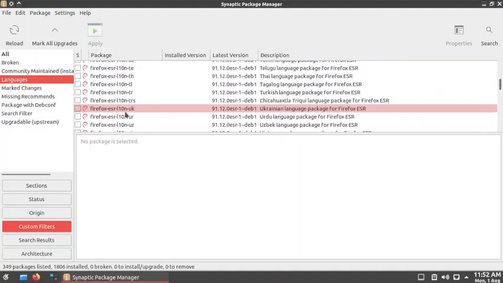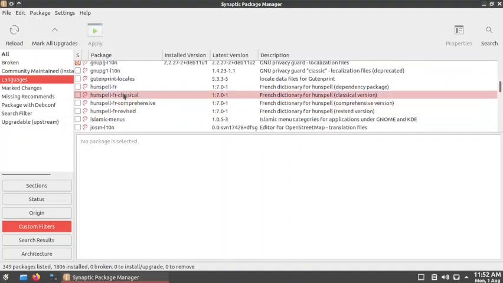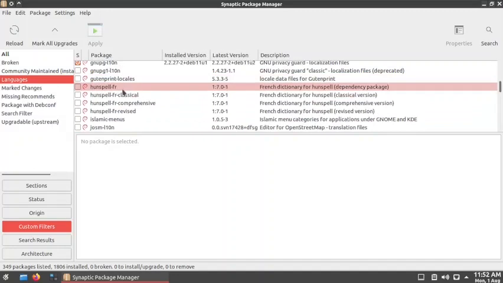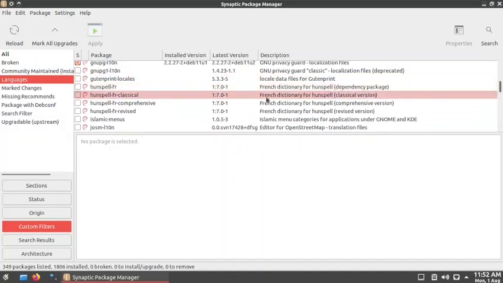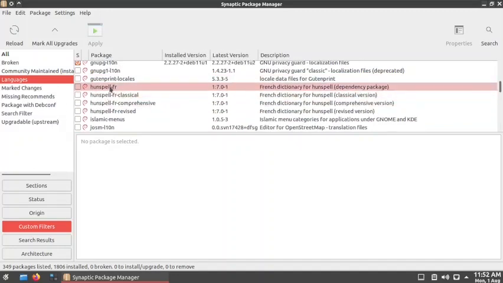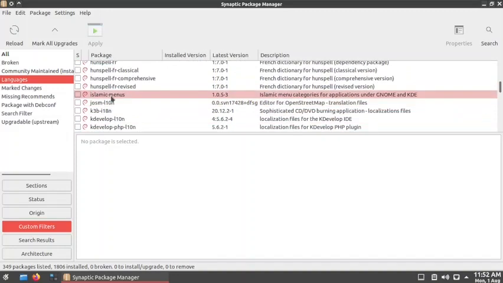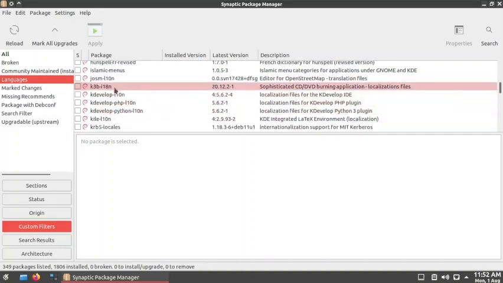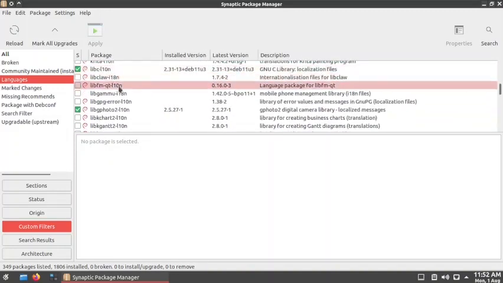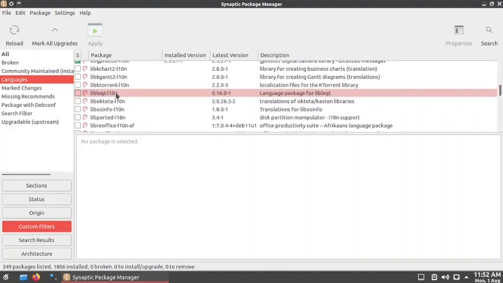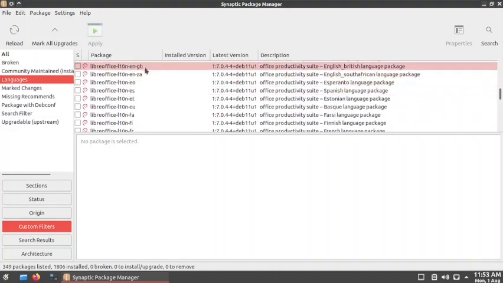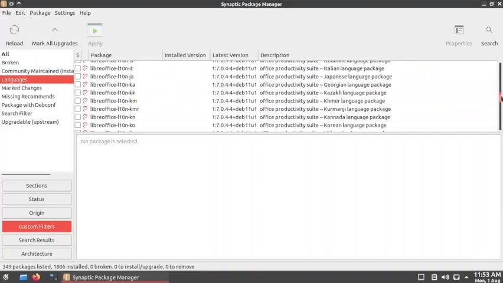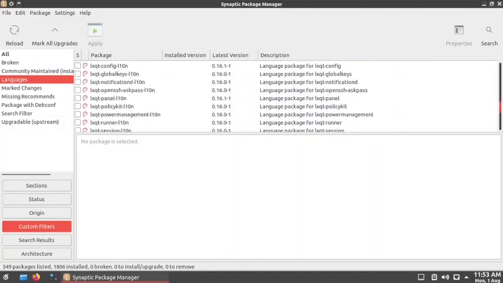If you scroll down, then you will see the language correction or auto spelling check Hunspell library. So Hunspell packages are there. Some Islamic menus are there. So different applications having their language packs are shown here. Then you have got the LibreOffice language packs. So we will have to search for the